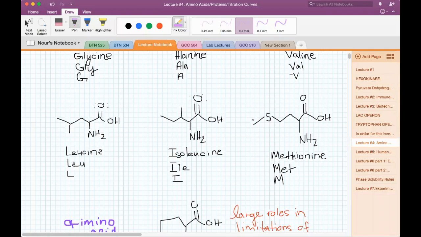So it's like a union. The CH3 is stealing all of the energy from the sulfur, so it's making it non-polar. So think of it like that: methionine,